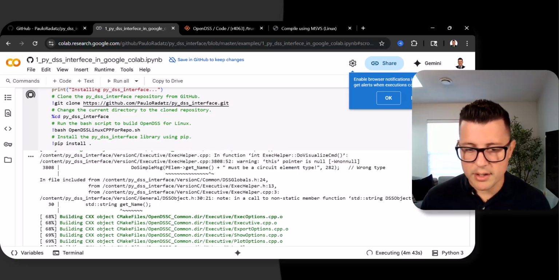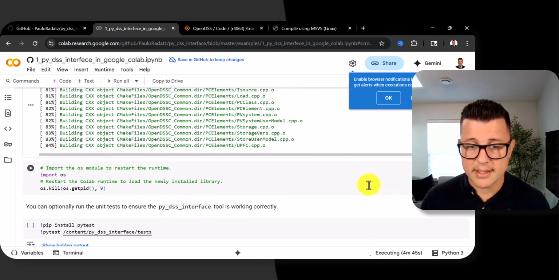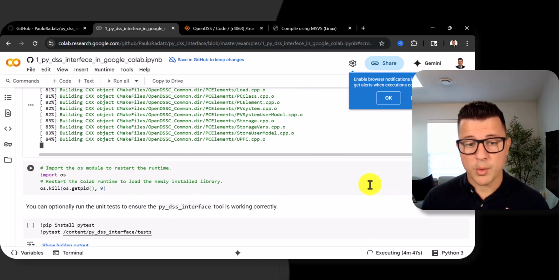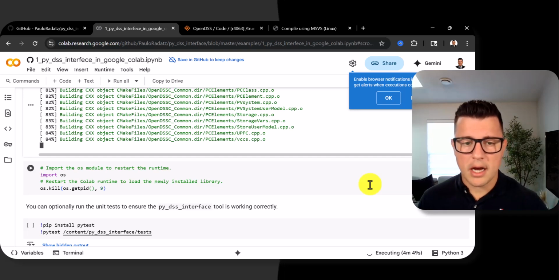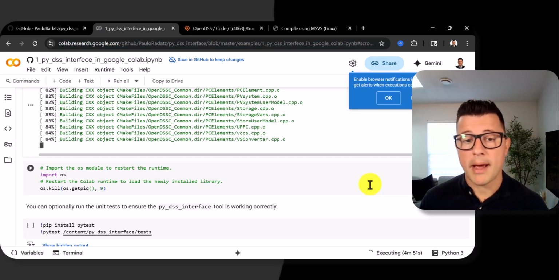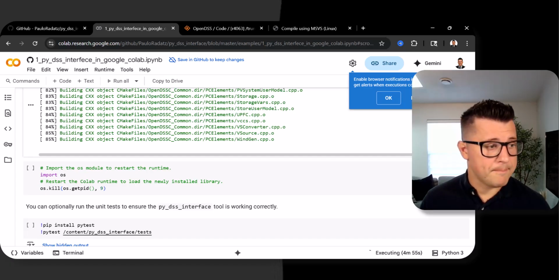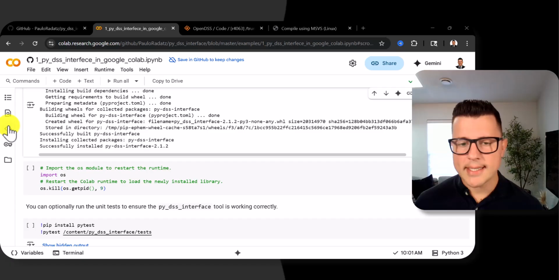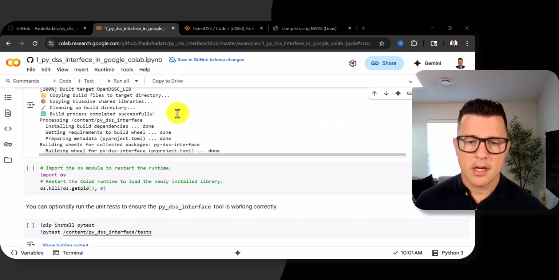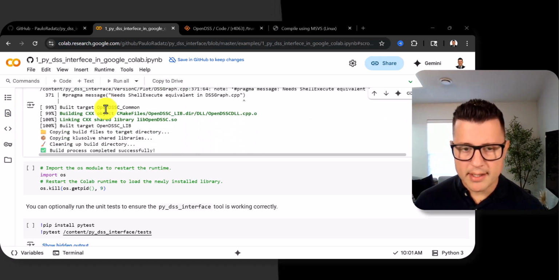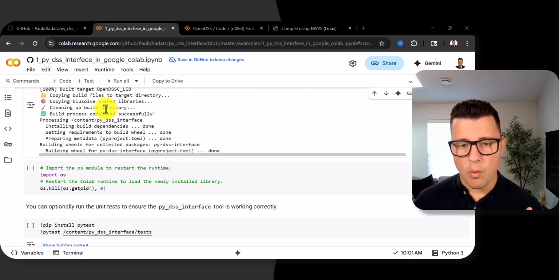All right, so back there, let's see. OpenDSS is still building, so you see that there is this aspect here that we need to wait a little bit. So I'm gonna pause the video and I'll be back when OpenDSS is built, okay? All right, it's done. So what happened? We built OpenDSS, and then we